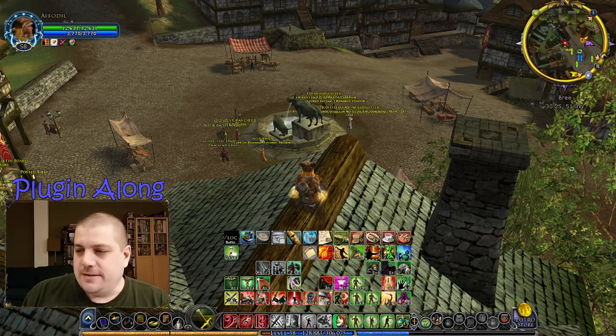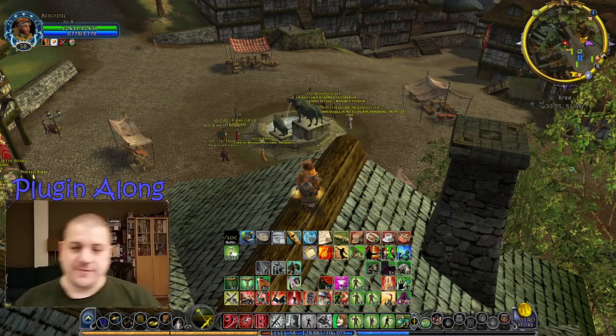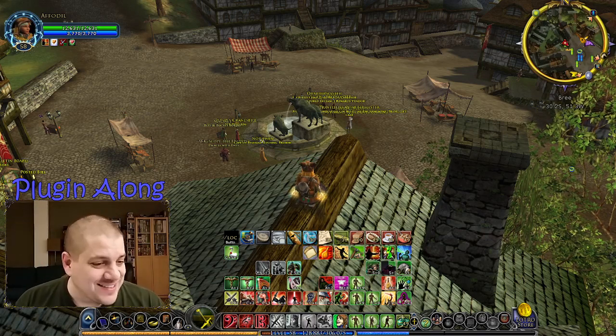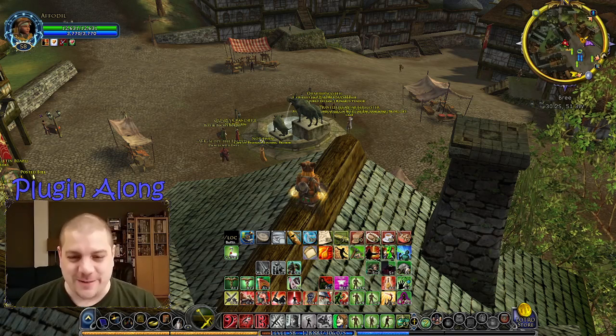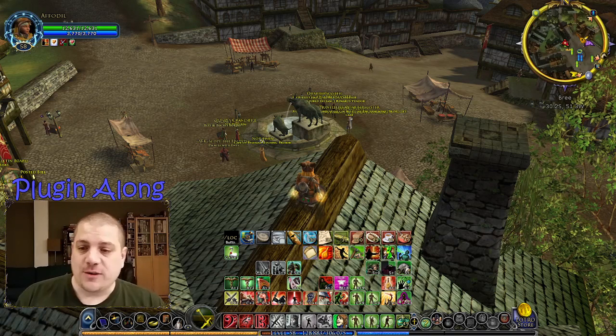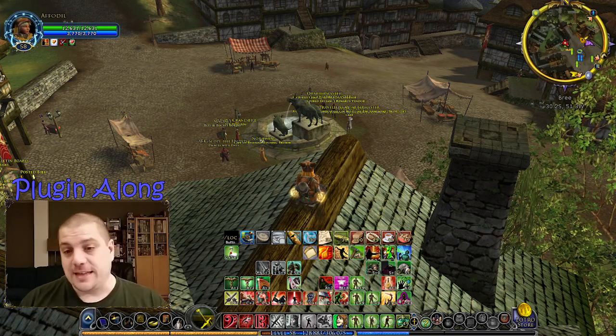Last time on Plugging Along, we released a patch for MinstrelBuffs that included the Soliloquy of Spirit and Inner Strength Tracker that had been the focus of the stream for so many weeks. And then we started looking at the Opaque Quest Tracker and how to make some improvements to that to make people's life a little bit more